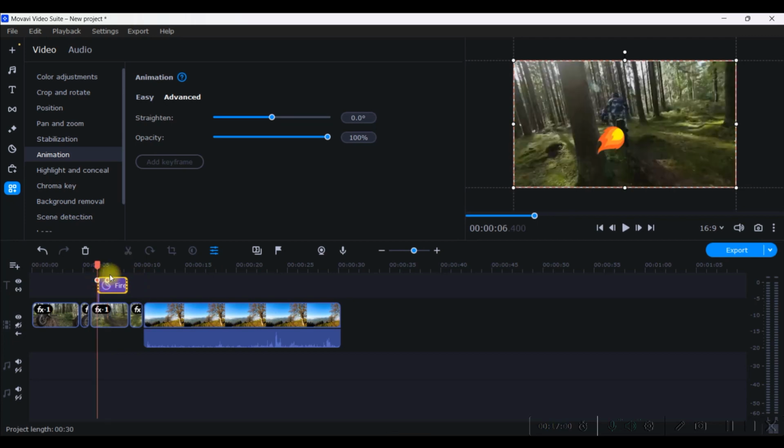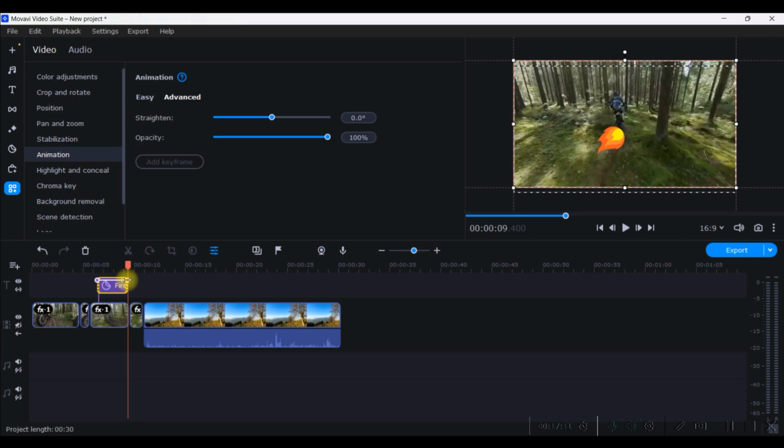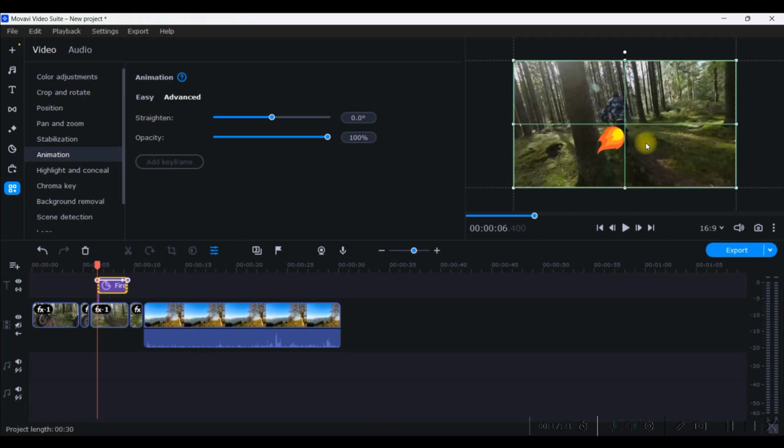Right, in the first keyframe I will keep the original position of the fire. Now in the last keyframe I will simply select it. This keyframe will become red, and then I will just pull it here, just out of the screen, right? And I will come here once again and simply position it at the right place.